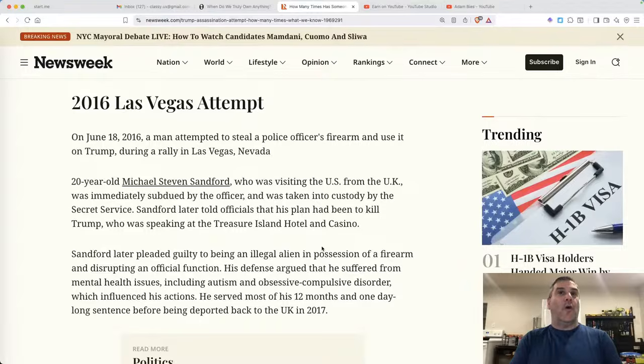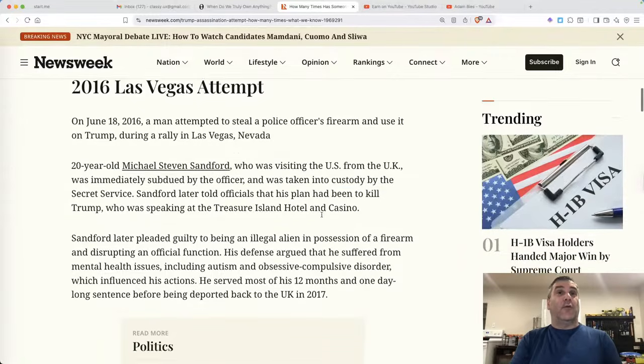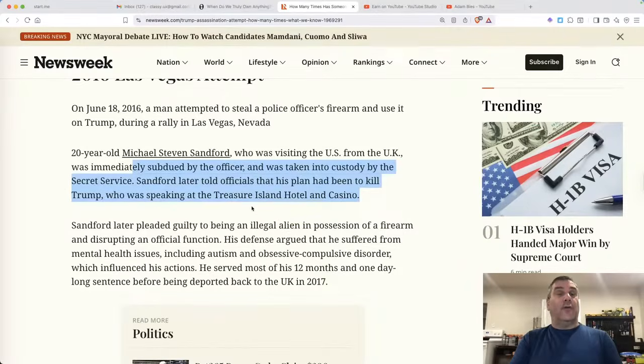They always make sure you know all three names. Who was visiting the U.S. from the U.K., was immediately subdued by the officer and was taken into custody by the Secret Service. Sanford later told officials that his plan had been to kill Trump, who was speaking at the Treasure Island Hotel